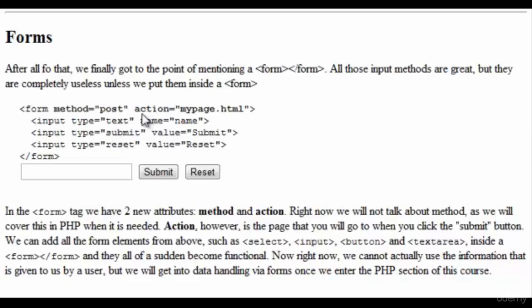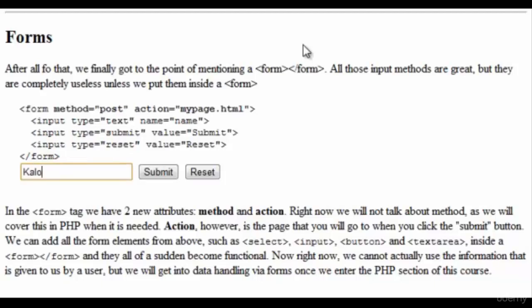So when we click submit, it's going to bring us to this page here. Furthermore, if we look at the code, we have an input section, the type is text, so that's going to be our text box, and we named it name. We have another input, its type is submit, it's right here, and that's going to submit our form. Then we have one more input, type is equal to reset, and when we click it, it's going to reset our form. So here's a working example.